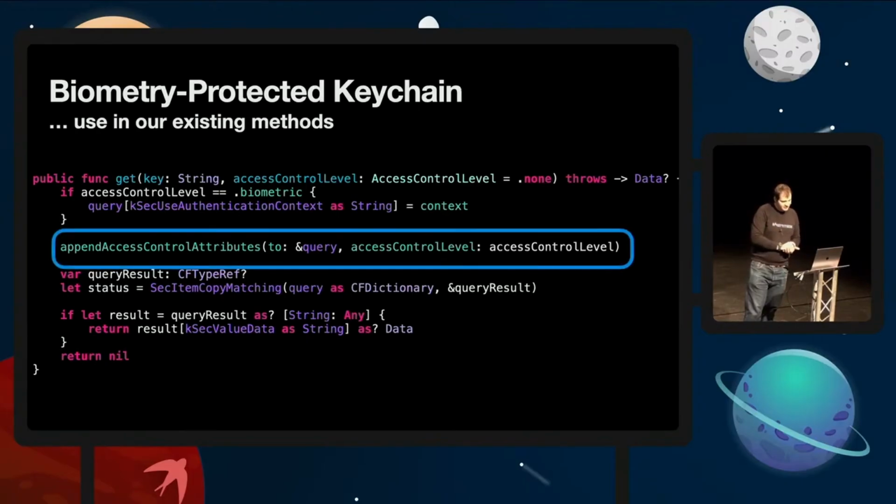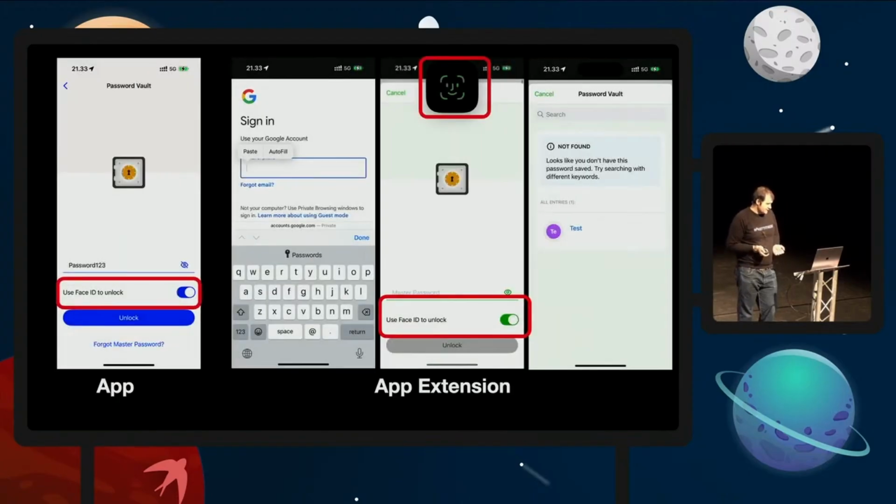When you get the key, you just append the attribute, and the keychain will then try to read the key if the biometry has been authorized at this specific stage. And yeah, this is how it looks like. The user enrolls the biometric into the app, and then uses it in the app extension, as I said. And what's really interesting now, if you think about it, if the biometric signature changes,